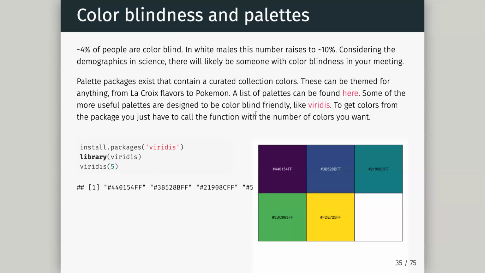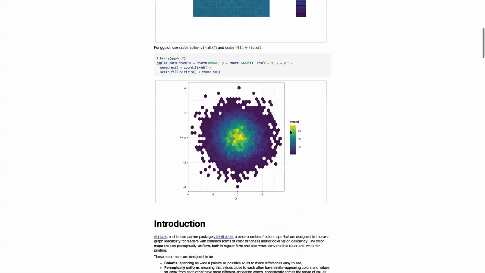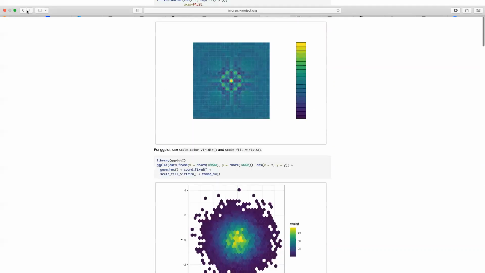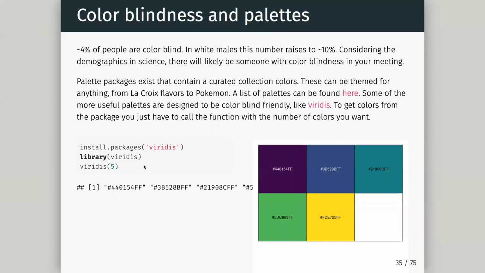Okay, and one which is really useful is Viridis. If I click here, it's going to take me to the actual place. They have a whole description of why their color palettes are great and all the things you can use there. So Viridis is a package, and there are lots of packages which contain pre-built color palettes for you. To get access to it, I just need to do install.packages and I can say Viridis. It will look it up from the CRAN repositories where all our packages are, install it, and then I can do library(viridis) to load it,